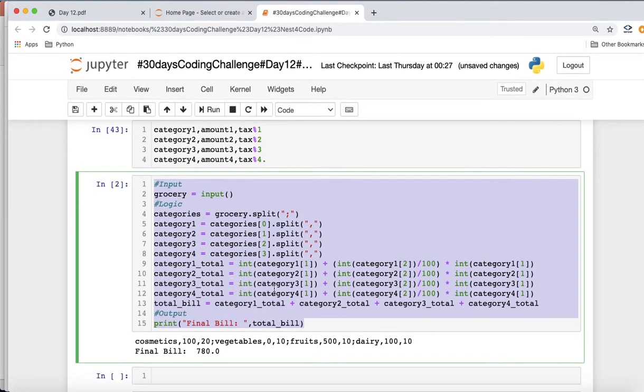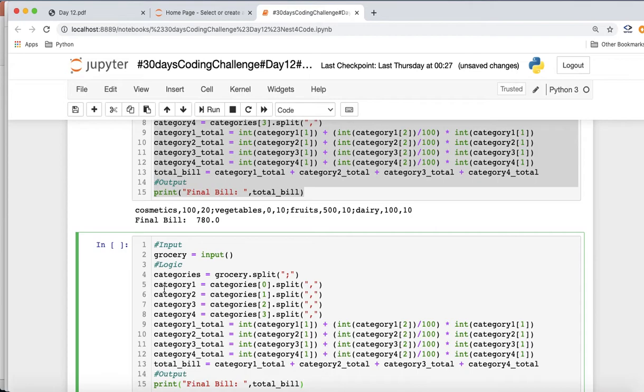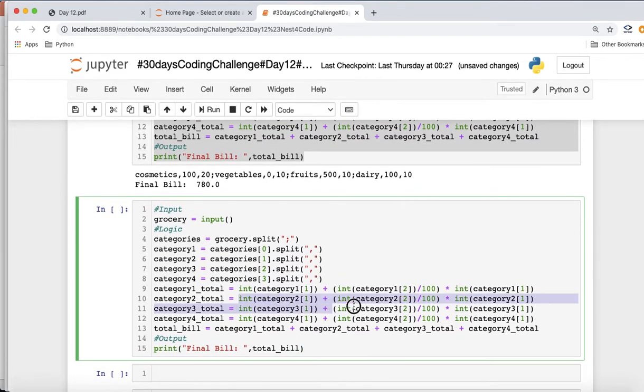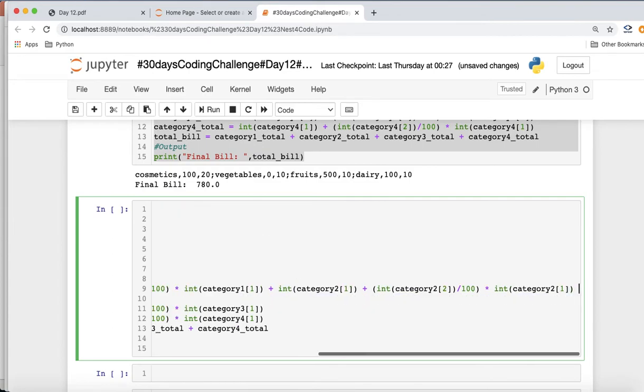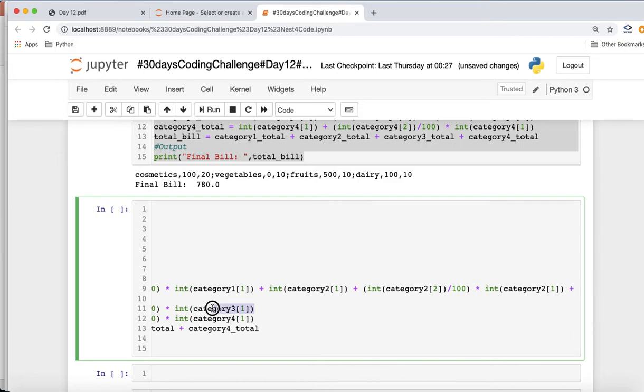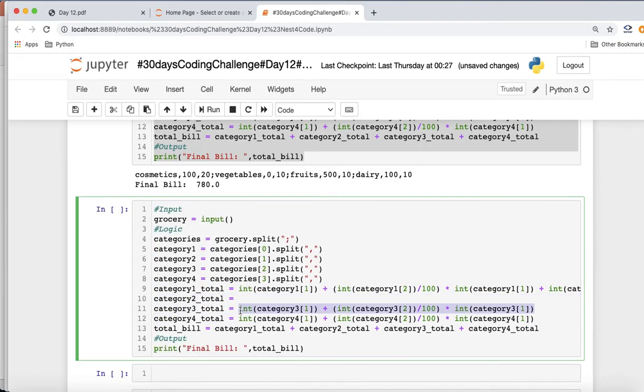Guys, one thing, if you want to reduce these lines, what we can do is copy this different part in one line. The current format of the code looks better, but if you want to do it in one line, you can just copy this. I will not recommend this too much. We can copy this something like this, and this part will be in one line. The split part, it's better you keep on multiple lines only. So this is something you can try out.